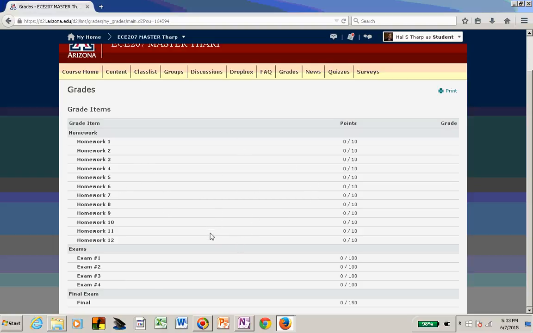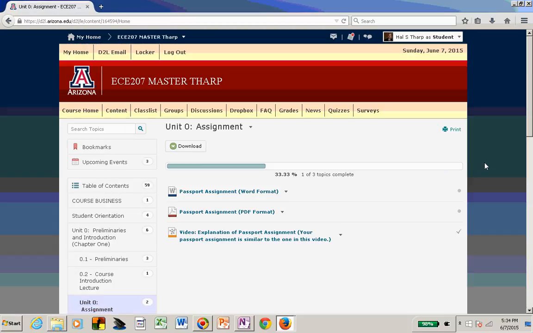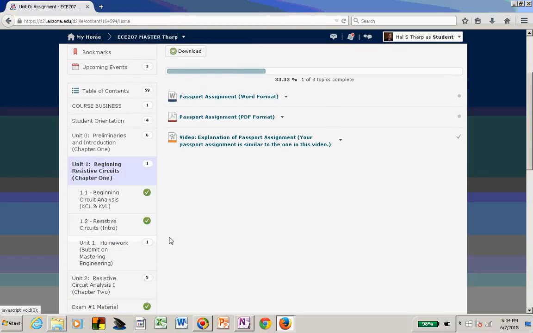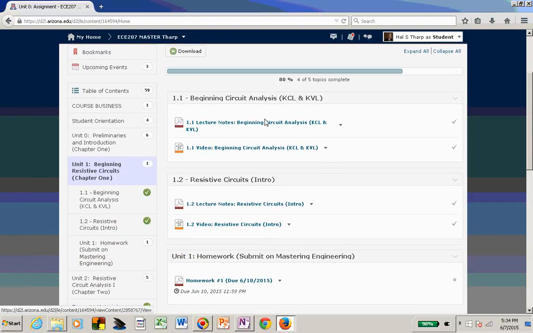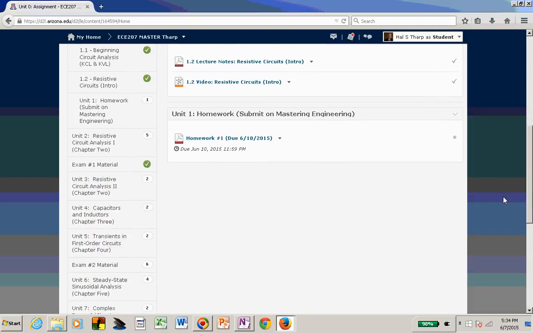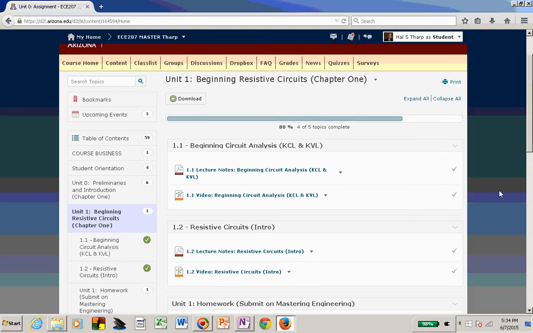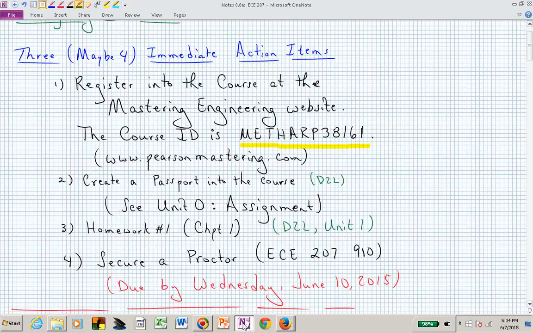You'll have 12 homeworks corresponding to each of the 12 units, 4 exams that are occurring at the end of each of the first 4 weeks, and the final, which is on the last day of the class. But you can see, I hope, that each of these units is organized to have different notes and videos associated with them and a homework assignment at the bottom of each of these units. If we now go back,